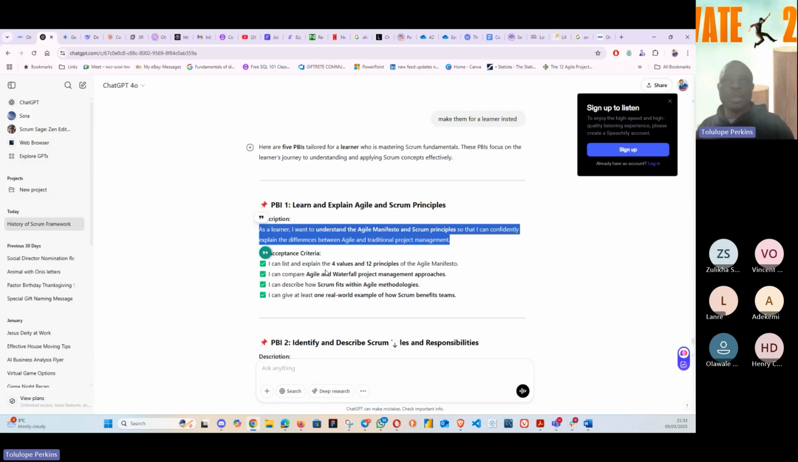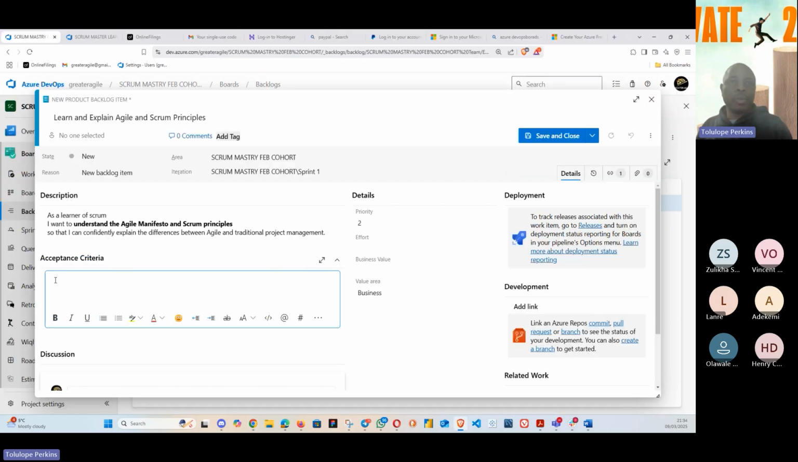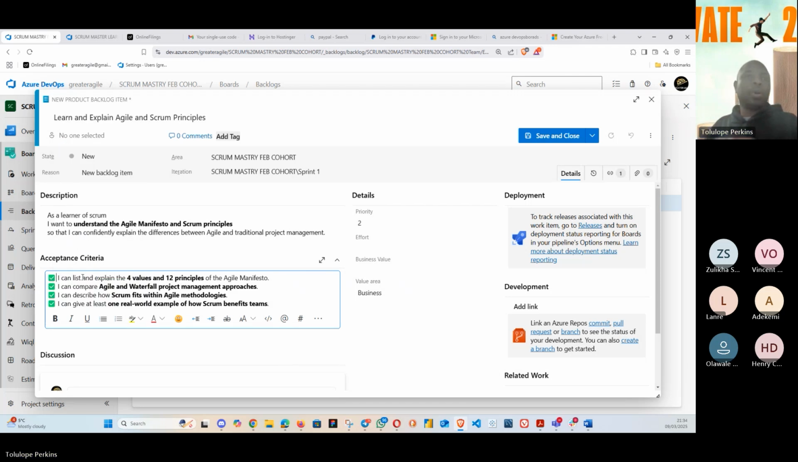Neither here nor there. So now the acceptance criteria is I can list and explain the 4 values. I'm sure our Scrum people will know that we've gone through all of these. We've gone through the 4 values and 12 principles. I can compare Agile and Waterfall projects. I can describe how Scrum fits within Agile